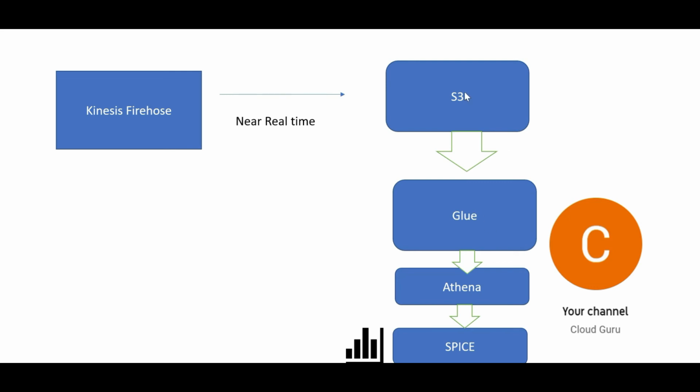So here as well, this is the diagrammatic representation for option D. They are getting data in S3, using Glue to do transformation and processing, then plugging in Athena and then SPICE. This is crap. You do not do so much processing on a real time or near real time basis. This is pure crap.